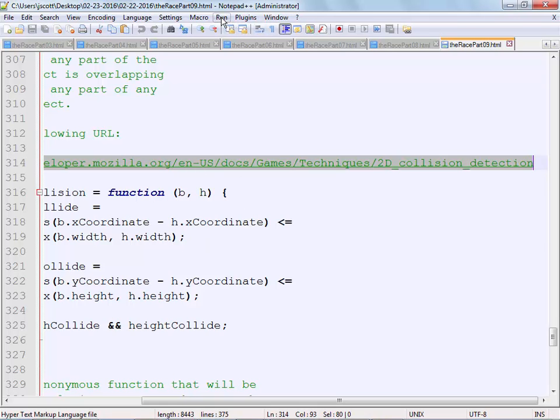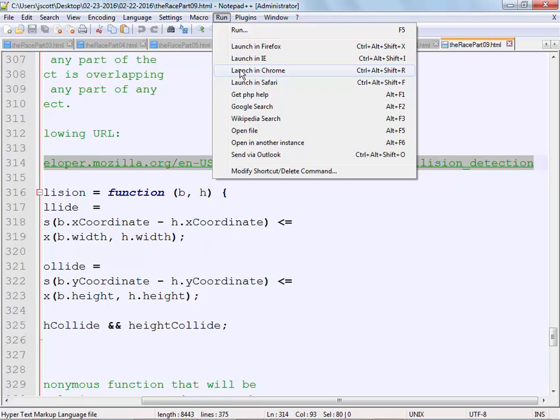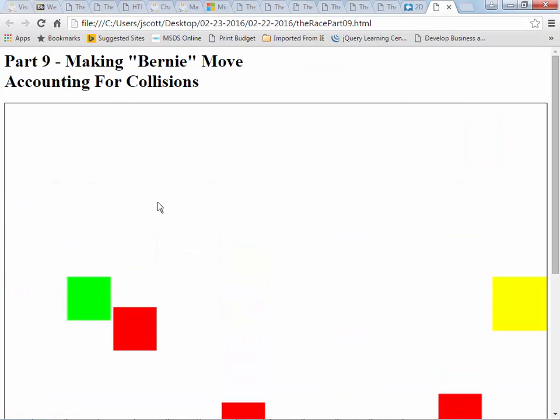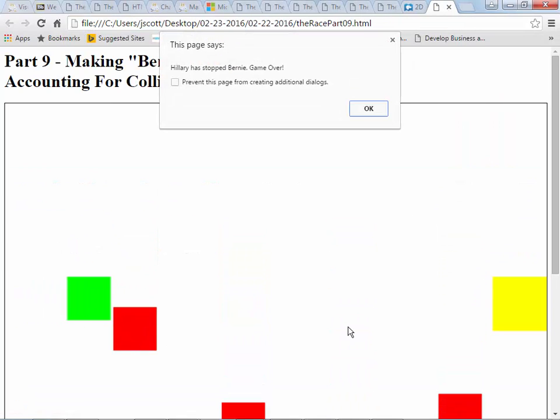So the game is almost done. But when we run this now, there he stopped. And what this is doing, basically, look at it this way. The key ingredient right here is that rectangle.